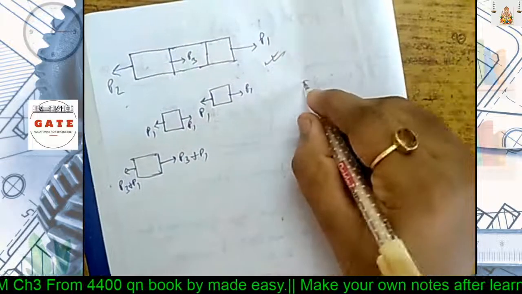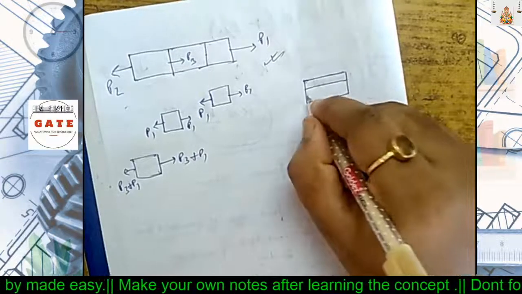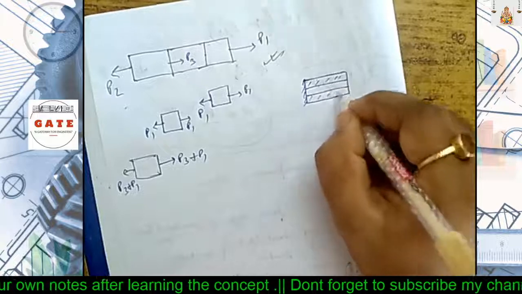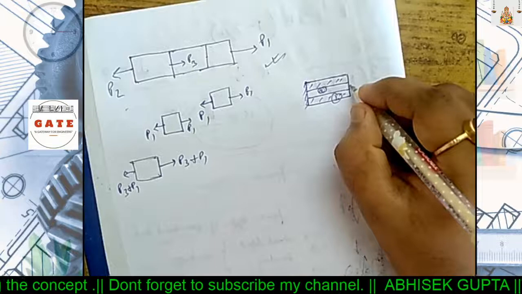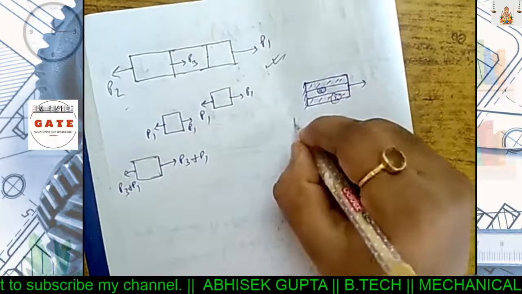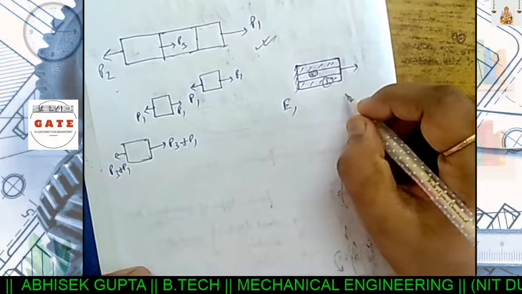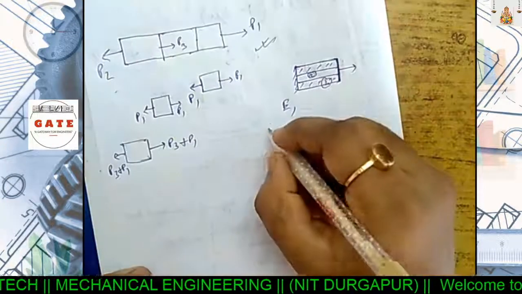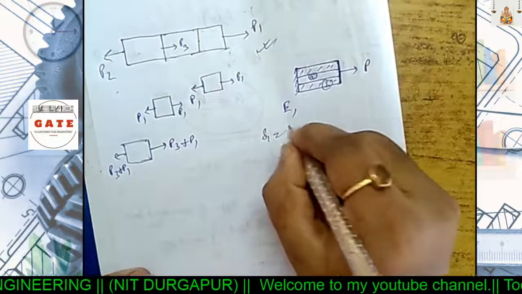Now in parallel, we can say composite bars. Here one cylindrical bar of one material, and this is a second material. If load is acted, due to the difference in E value in both materials, since they are acting in parallel, the deformation caused by this load will be the same. Delta 1 must be equal to delta 2.